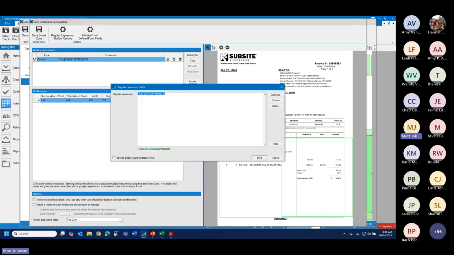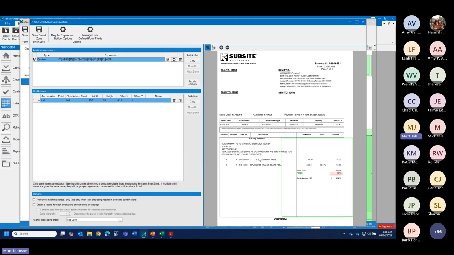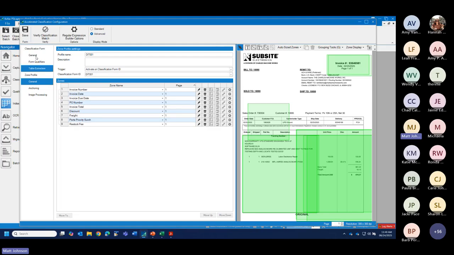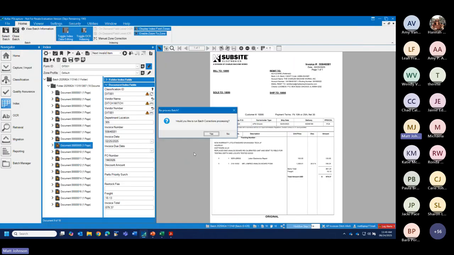This is getting a little bit more advanced, but what we can do is edit this expression really easily by cutting that value out and saying, okay, we want to grab the word freight, and it'll generate that expression. And then also I'm going to paste the shipping and handling back in with the pipe character, which means freight or shipping. And then I'll hit save. And now you can see it highlights that zone. So now no matter whether it was shipping or freight, we're still going to grab that value and save it into the field that we want,